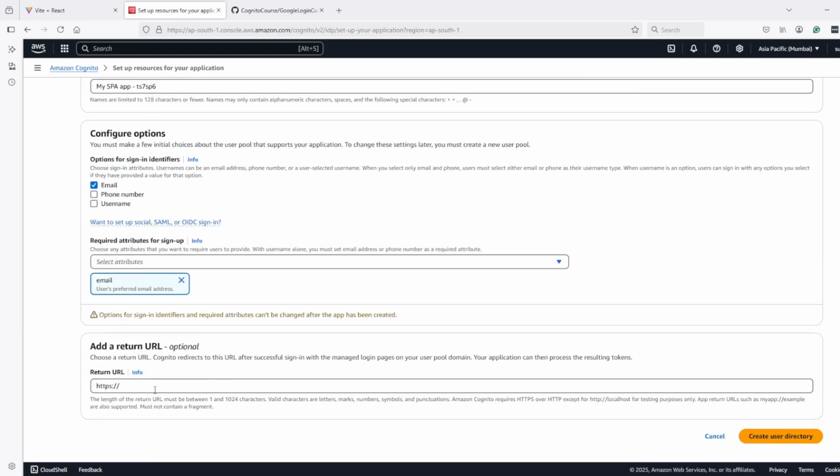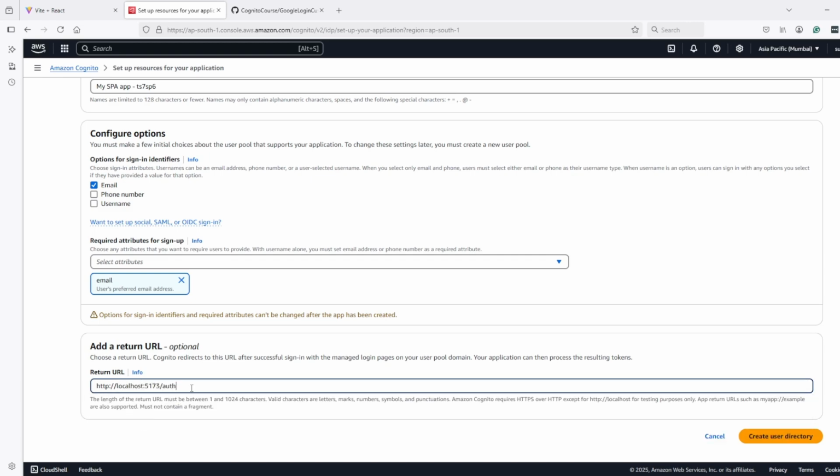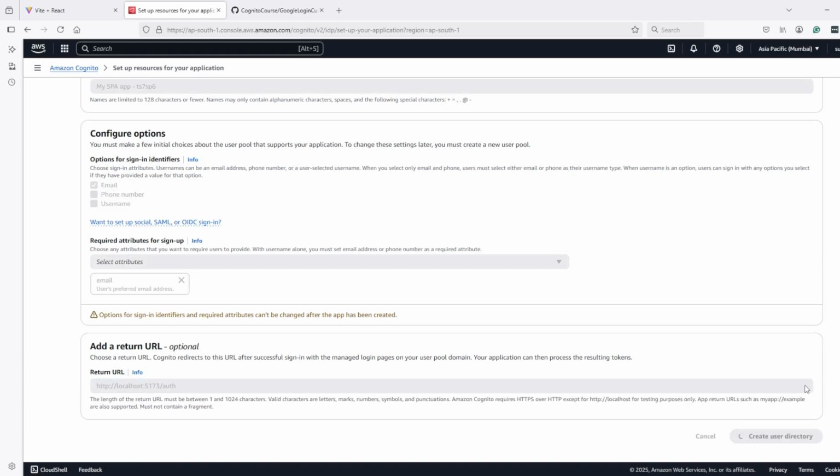email for sign up. And in return URL, I will pass the return URL of my application where I will receive the authorization code. So for me it is localhost 5173/auth. So at this route I will do the token exchange